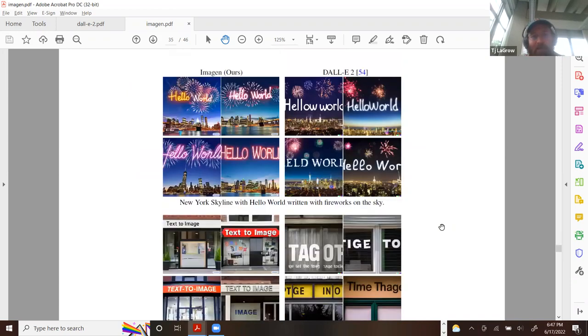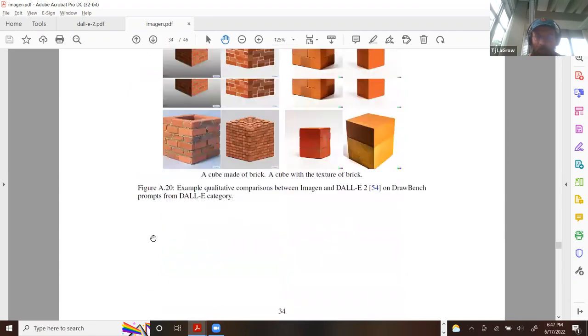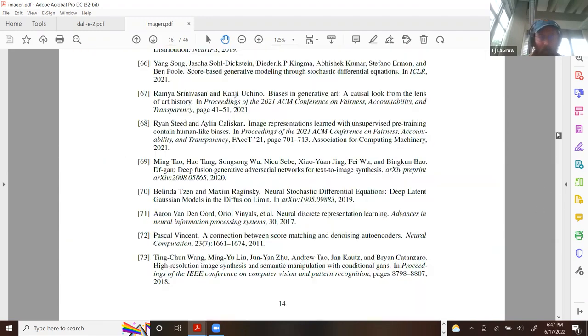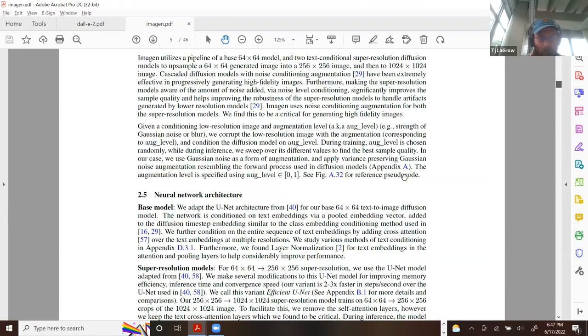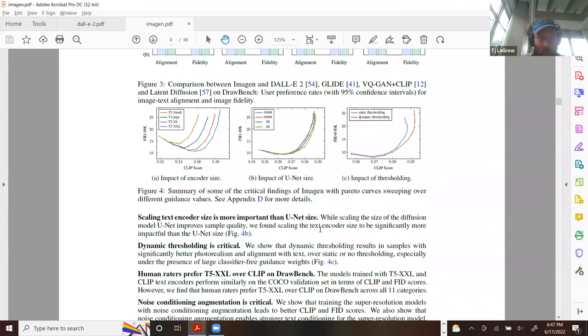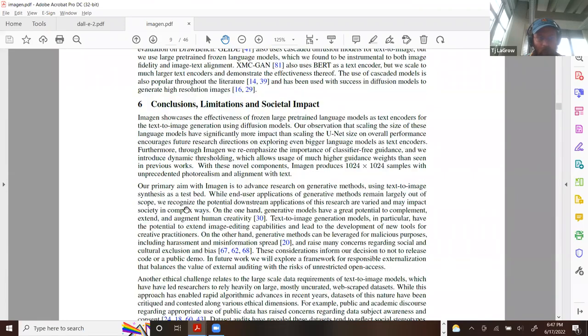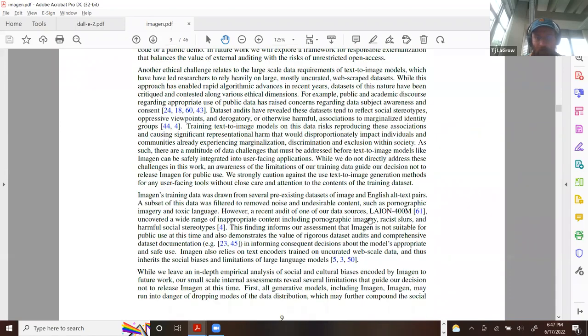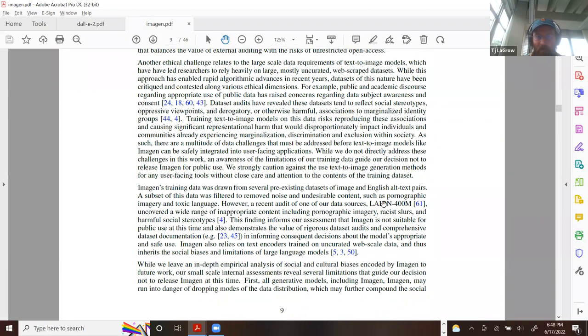Ethical issues. They're not releasing either of these, and even Google has explicitly said they're not going to let other researchers use this yet, only because they've done internal evaluations. They've done internal evaluations and even come up with, yeah, look, where is it? Here we go. So even though they've done a recent audit of their own data set, they've uncovered wide inappropriate use of bad imagery, racial slurs, and harmful social stereotypes. And they've assessed that it's not suitable for the public,